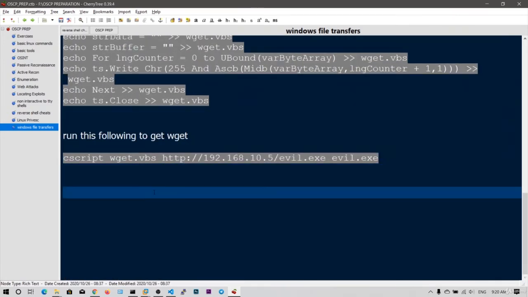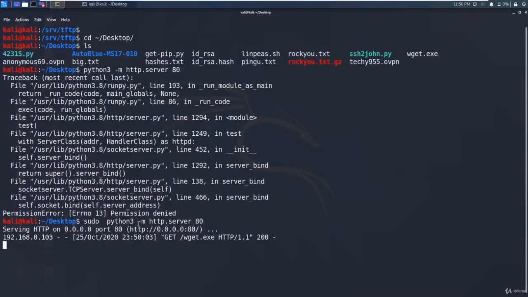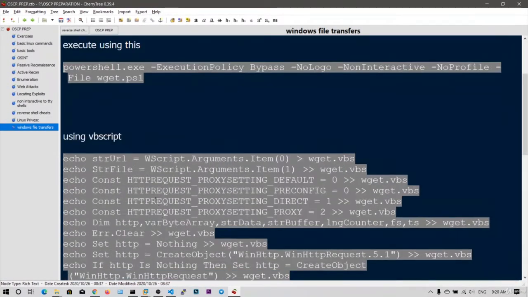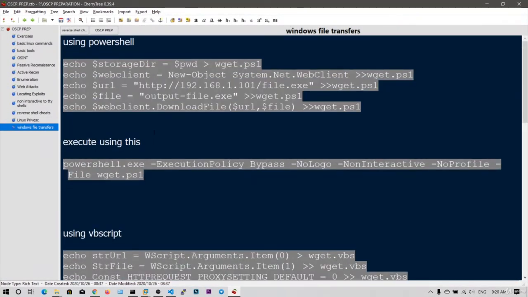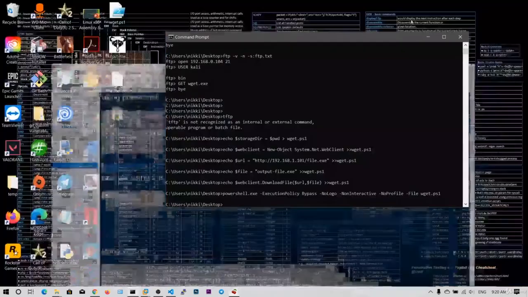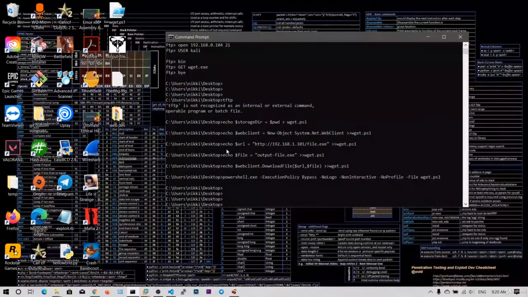So for this also you need to set up the web server. So as you can see here, the request has been made to get the wget.exe. So this is a simple way of getting these files transferred from Kali to Windows using the PowerShell and VB script. So I hope you have understood. And if this Windows machine has Python, you can write the Python code to fetch the file from the Kali Linux machine also. That is the same using the requests method. So it will be very similar. Just using the requests module, you can get the file from the Kali Linux machine.